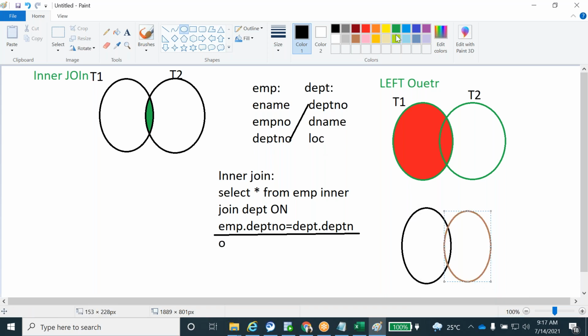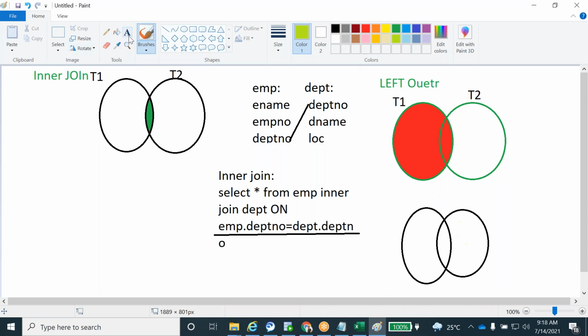To apply the right outer join... What happened?